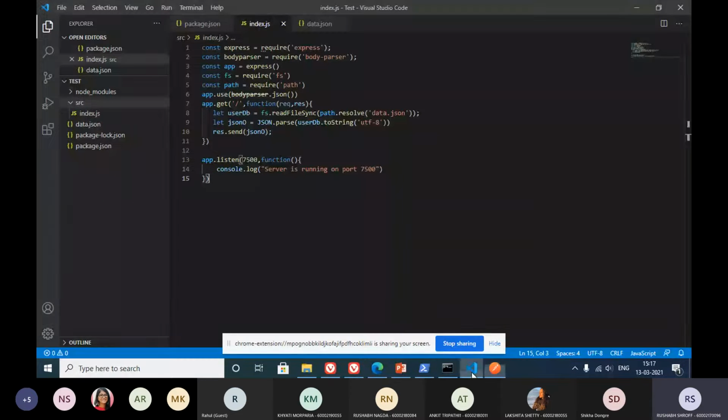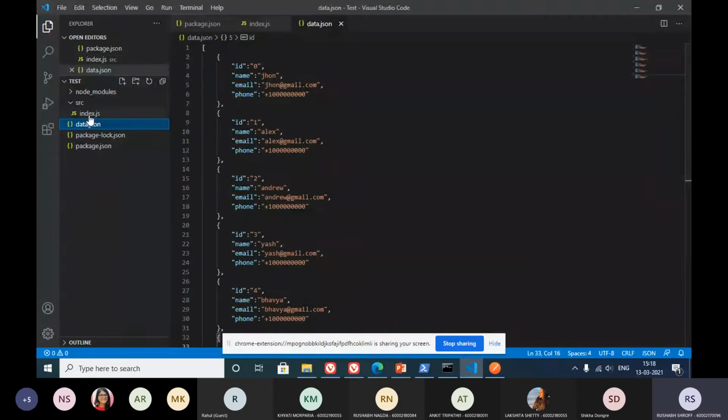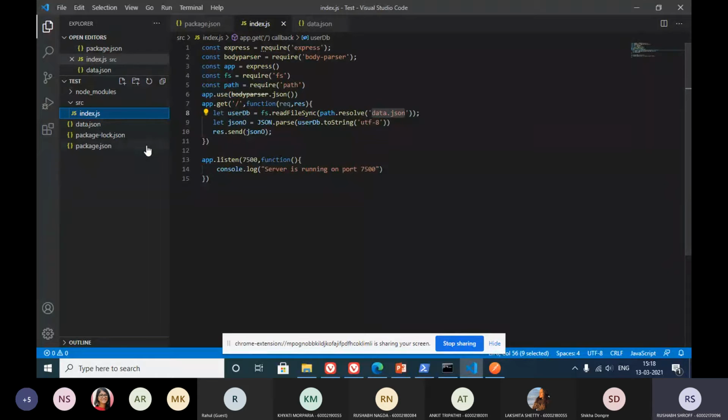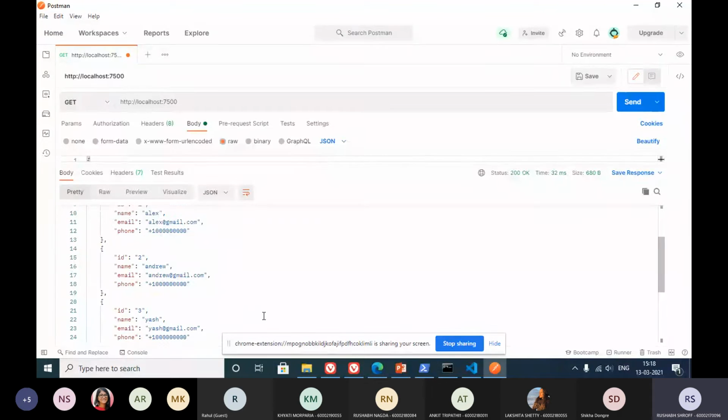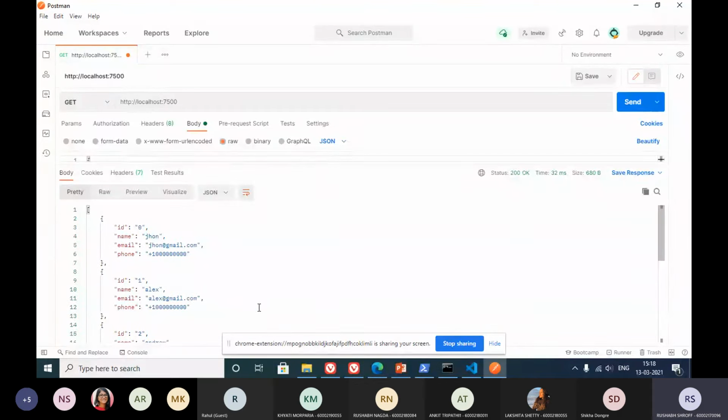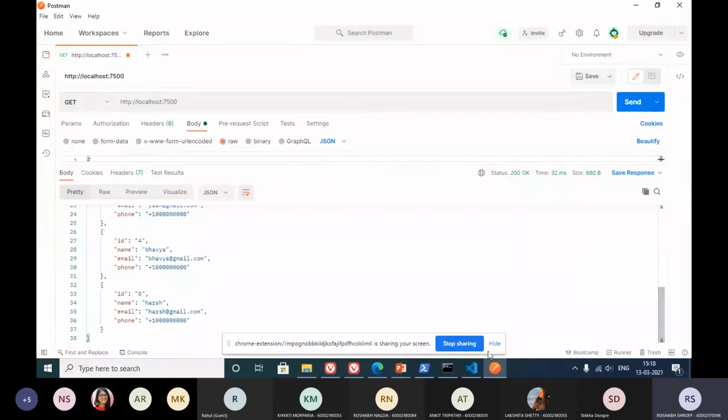So basically, what we did was to resolve the path, that is the path to this .json file with respect to our root. So we have our data.json file over here, and we have resolved our path with respect to our root directory to this particular data.json file. And we've received the response over here, that is the entire data that we had written into our JSON file.